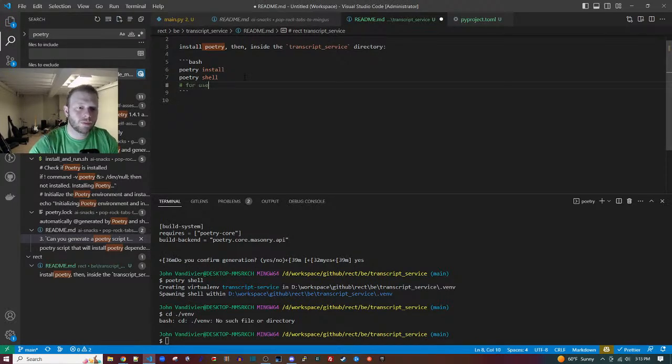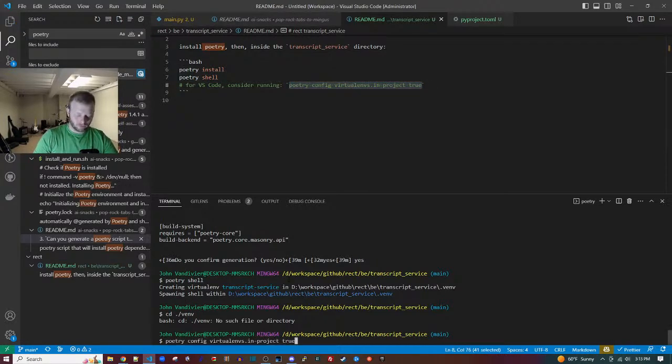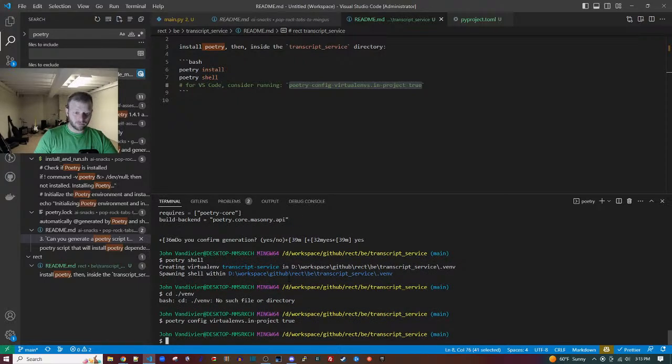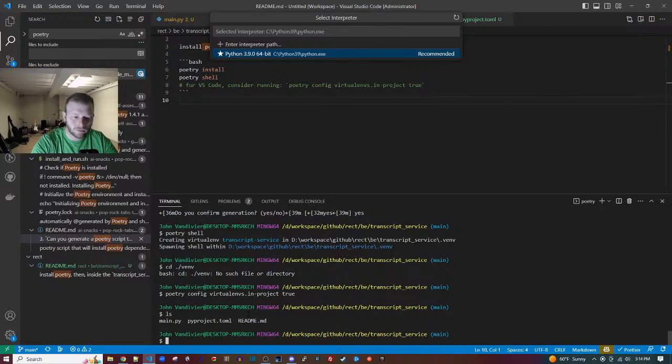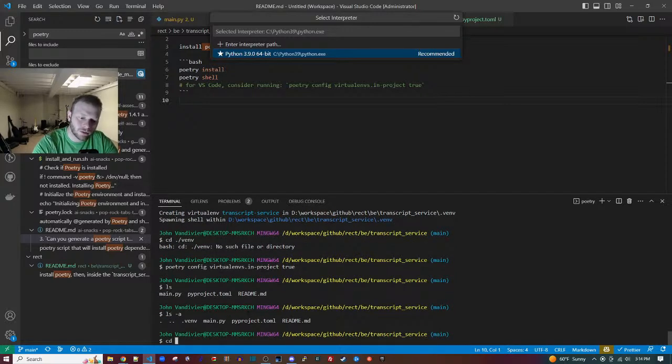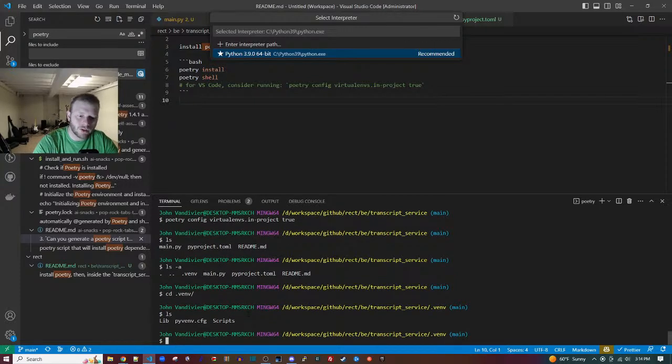For use for VS Code, consider running. Okay, so now it dropped the environment, right?